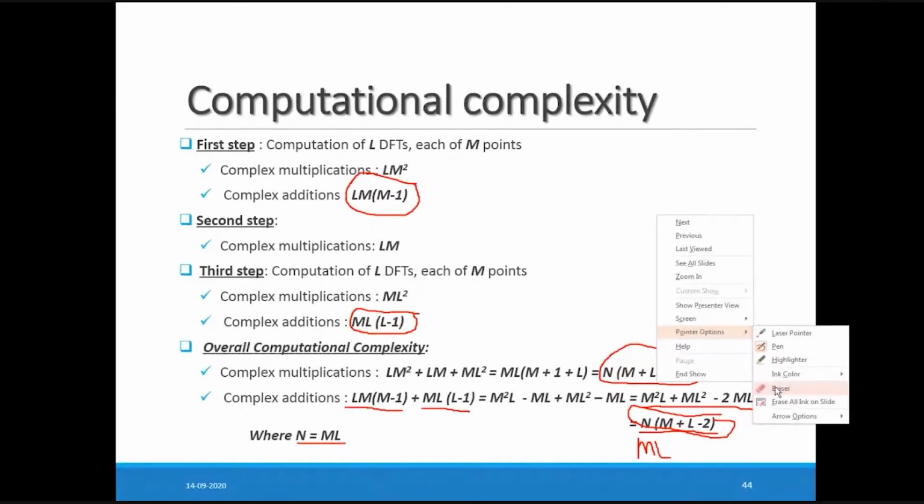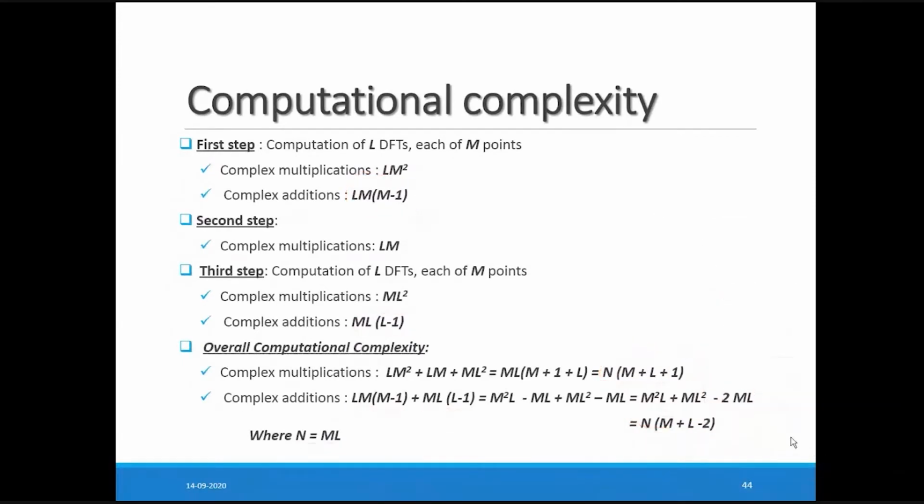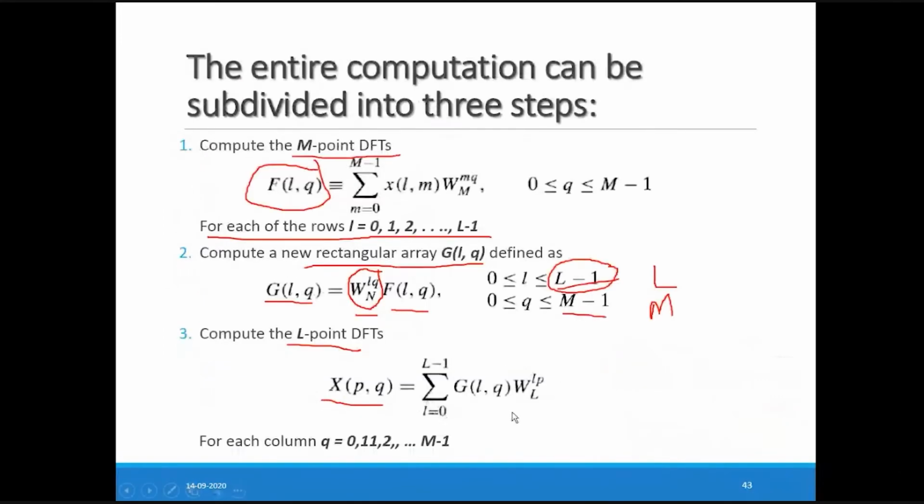Just a second. Here you can see your Q is represented in the form of M minus 1. Though it is written L equations in the form of Q. Here as you written, L is equal to 0 to L minus 1, G of L comma Q. But this Q is nothing but represented in the form of M minus 1. So when we say Q, it is nothing but M number of points. So either you write L point DFTs for Q points, or you can write L point DFTs for M points. The meaning is same.